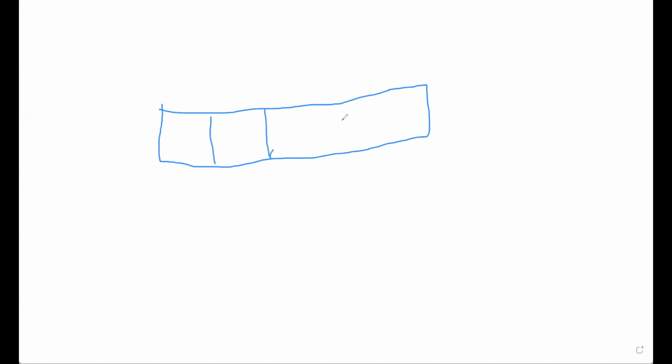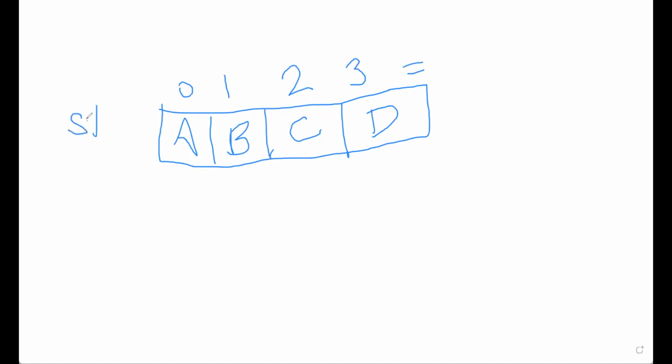Students, for example, this is the string. Can you see this? Yes. Okay. We have saved here A, B, C, and D. Any problem? No. What is the index of this? What will be the index of this last one? 3. Or we can say, if it is a string st, we can say